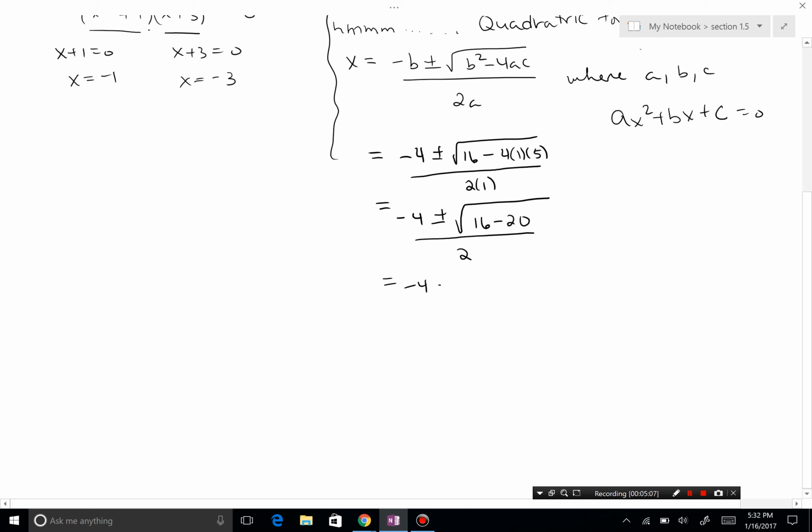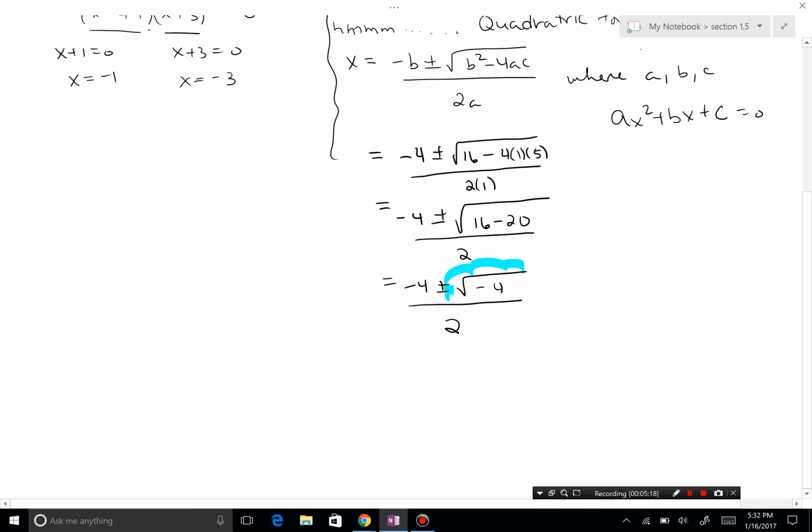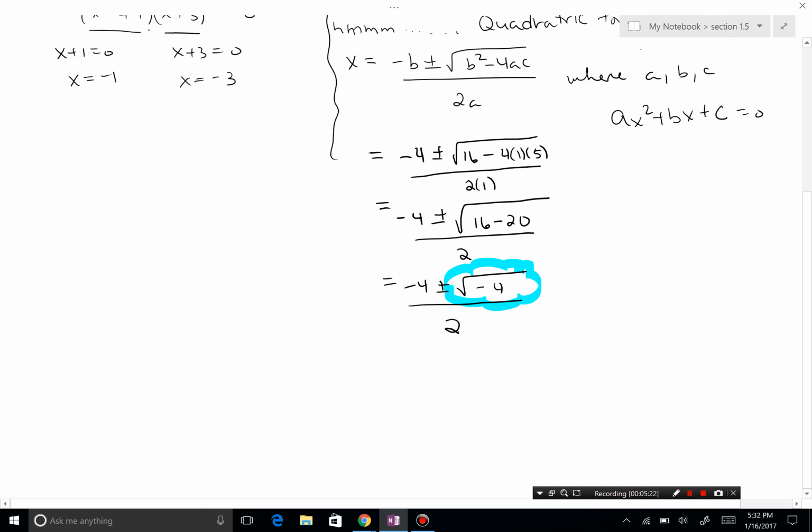So -4 plus or minus. Anybody remember what 16 minus 20 is? You should say -4 to yourself. And then this should start ringing bells to you. And you're probably saying to yourself, Rush, what do you mean ringing bells? Well, recall